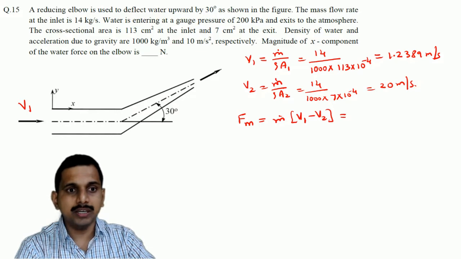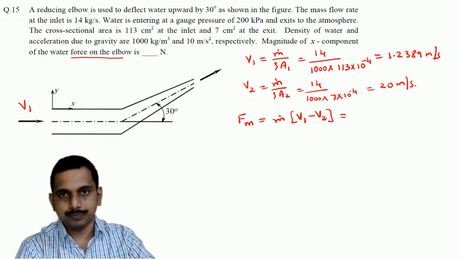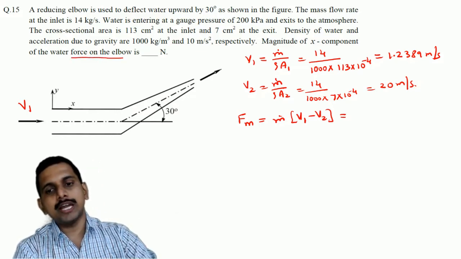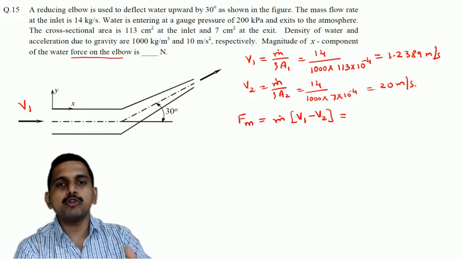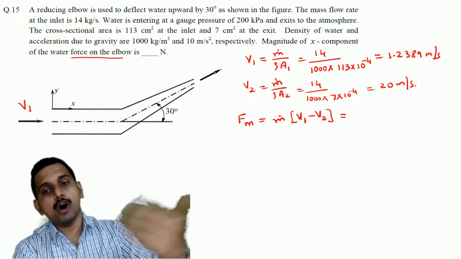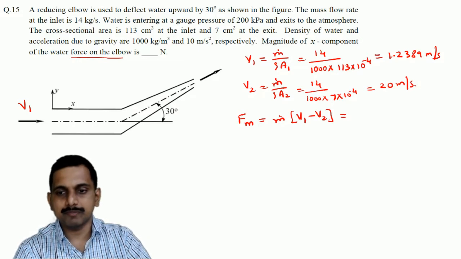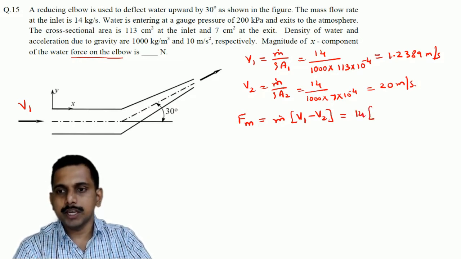So what is asked here? The water force on the elbow. So water force on the elbow is V1 minus V2. Force of the elbow on the water is V2 minus V1. So m dot is 14 into